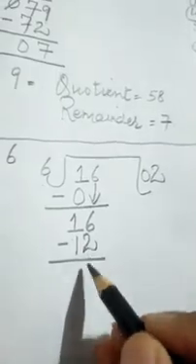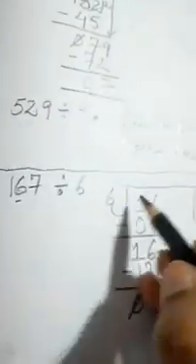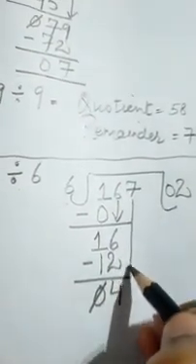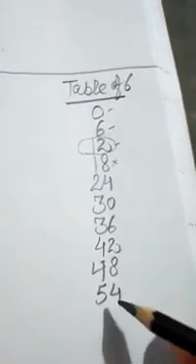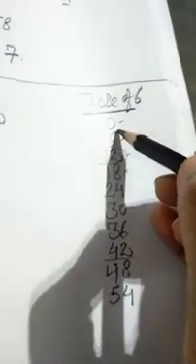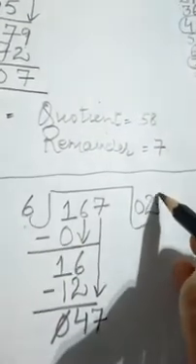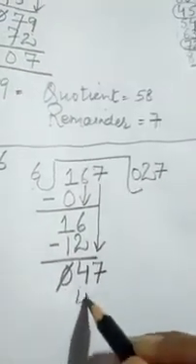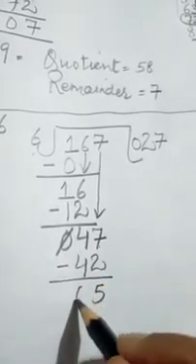Yes, now 6 minus 2 4, 1 minus 1 0. This we will ignore and the next digit is 7. We will write it here and bring it downside. Now it has become 47. Yes, now what can be written under 47? 47 के नीचे हम क्या लिख सकते हैं? 48 नहीं लिख सकते हैं, इसके ऊपर वाले सभी नंबर्स हम 47 के नीचे लिख सकते हैं, but we will take the last, that is 42. It is 6 7s the 42. So here what we will do? 6 7s the 42. Yes, now 7 minus 2 5 is there, 4 minus 4 0 is there.